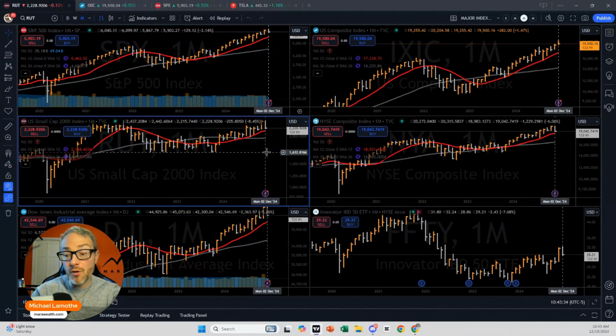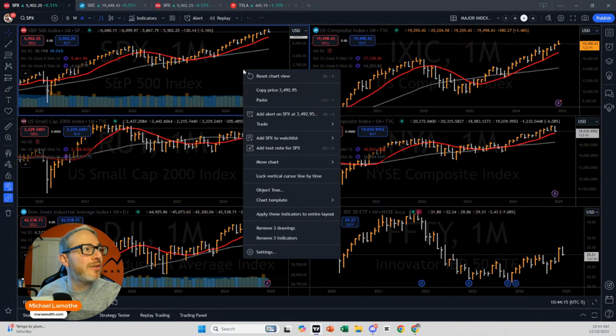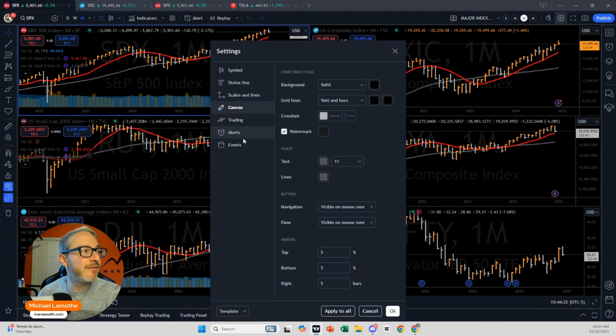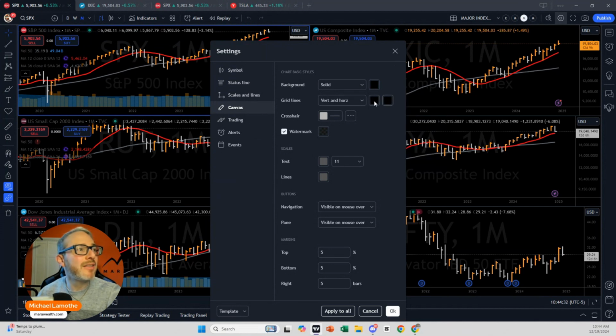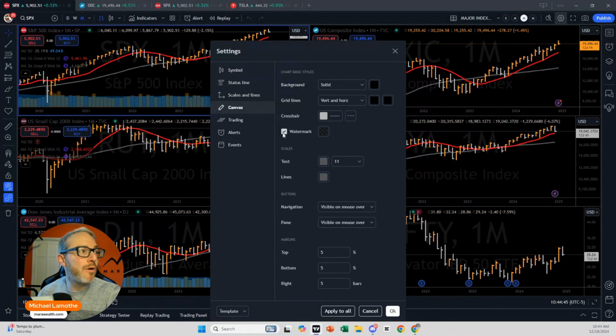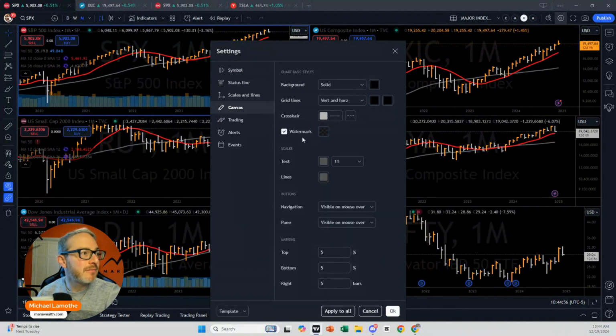Now, my charts are already black. So in order to get this black chart, you're going to want to right click on the chart, go down to settings, and then you're going to want to go to canvas. For the background, you want it to be solid. You're going to want to select black. For the grid lines, I don't like grid lines, so I hide them. I turn them all black. For the crosshair, I like to keep that white so I can actually see the little crosshair when I move it across. Then for the watermark, I keep a very light watermark. I keep it at opacity 25, and